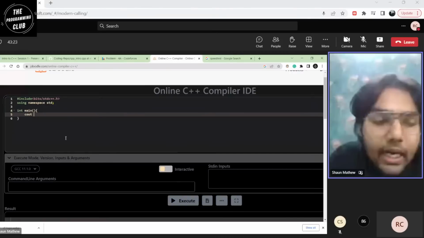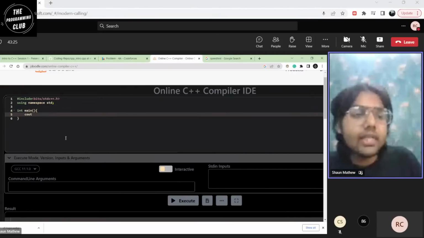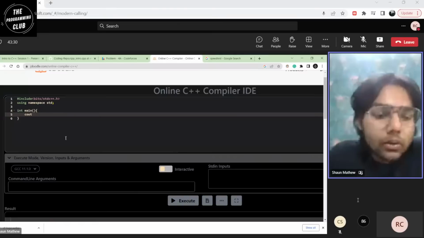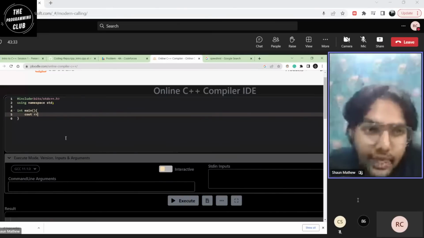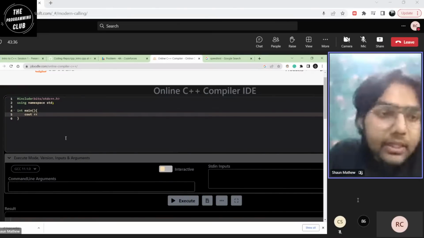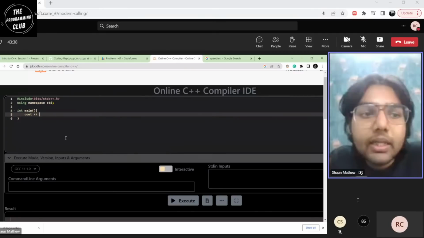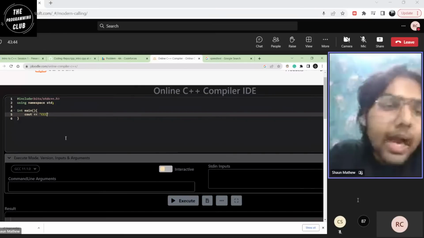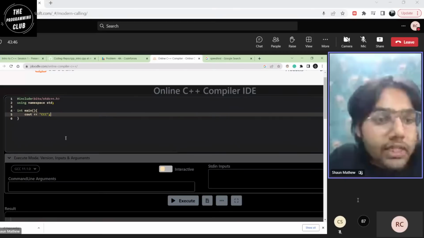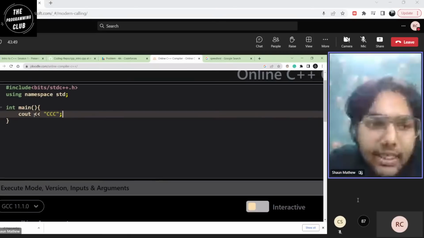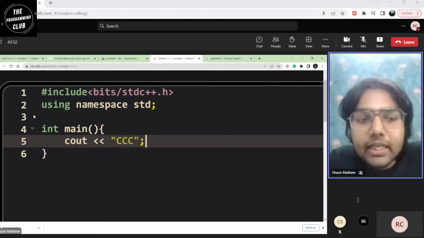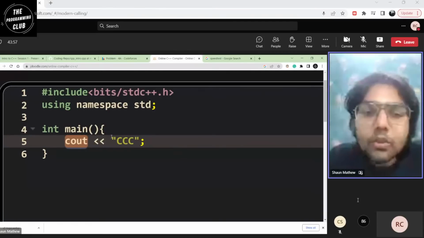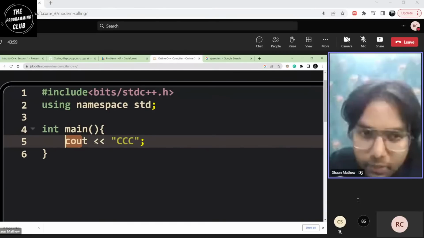So I do cout. This is again a syntax. A syntax is very similar to grammar in a language. It's a framework that you need to follow. So cout, then two left angular brackets. Then suppose I want to print out the name of this camp. I'll just print out CCC for now because it's a long name, and I'll put a semicolon. What is a semicolon? What are those two angular brackets? These are all syntax. Cout basically means we are pushing something out to show it. It's an output thing, so outputting.